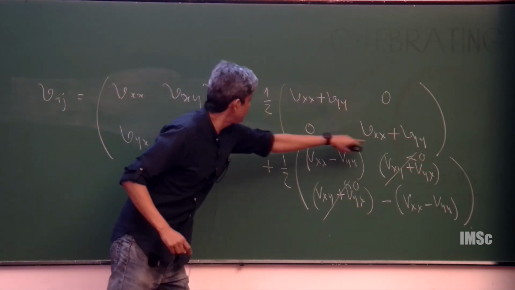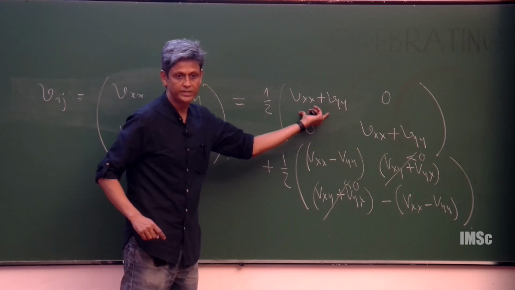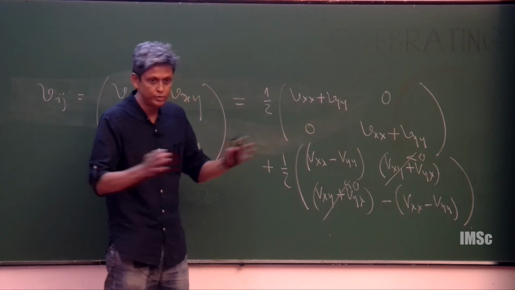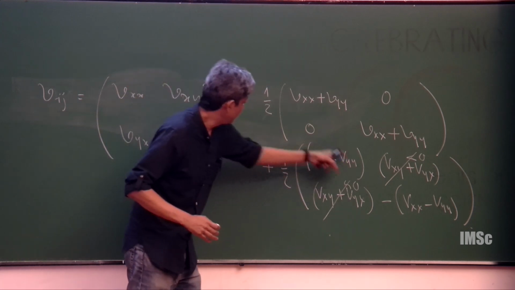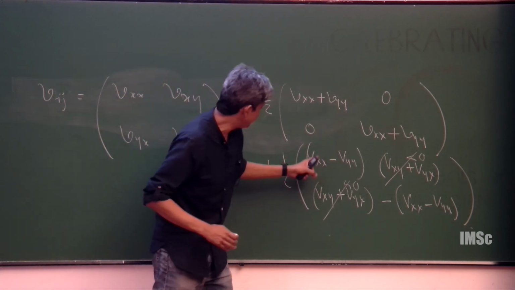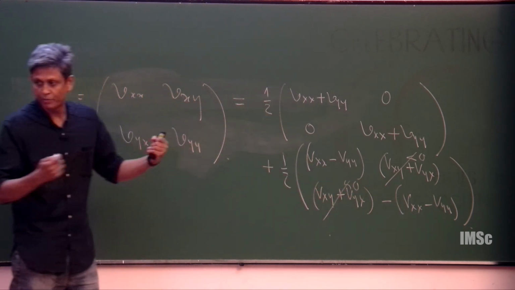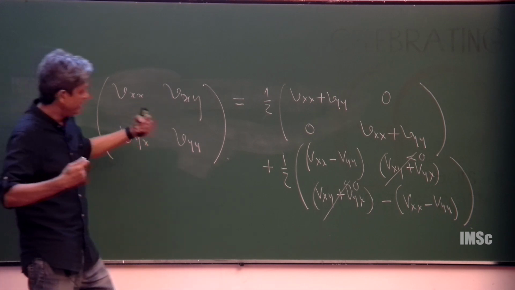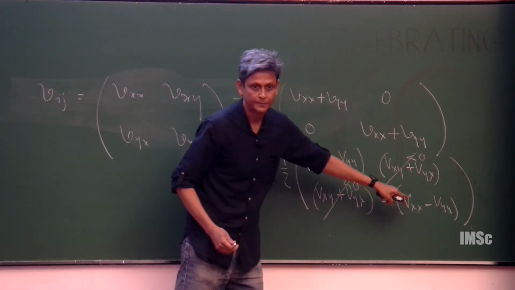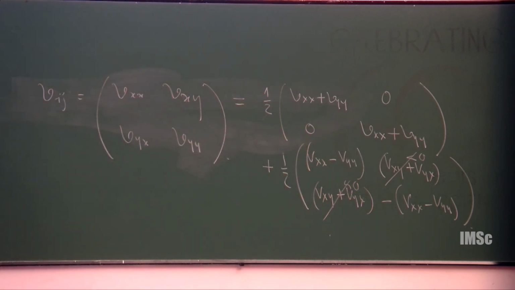So this first matrix, you see, this is the divergence of a velocity field, right? And any divergence gives you a change in the area. Whereas this one, Vxx minus Vyy, you see this matrix, this is stressless. So this gives you any kind of anisotropic deformation. If you have a deformation in the x direction, it will account for an equal deformation in the y direction. So any matrix, you can decompose it into an isotropic contribution and an anisotropic contribution, which is like the